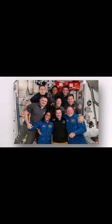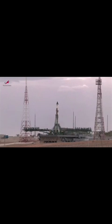The countdown, which has been proceeding flawlessly to this point, will have the final milestones at about the T-minus 7-minute mark in the countdown, or about 9 minutes from now. A launch key will be inserted into the launch bunker. It transitions the launch sequence into an automated mode. At the T-minus 5.5-minute mark, the launch